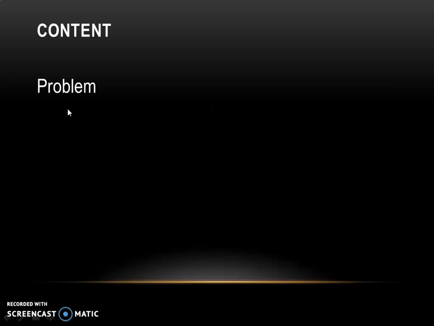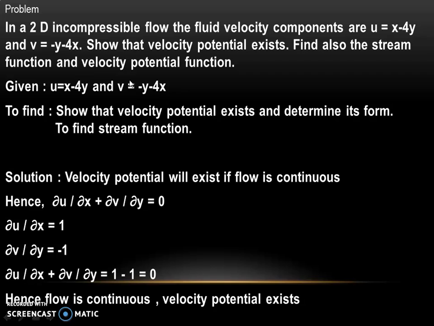In this presentation, we will solve a problem wherein we will find out the expression for stream function and velocity potential function given the velocity components. So here is a two-dimensional incompressible flow given wherein the fluid velocity components are u equal to x minus 4y and v equal to minus y minus 4x. We need to show that velocity potential exists, and also we have to find the expression for stream function and